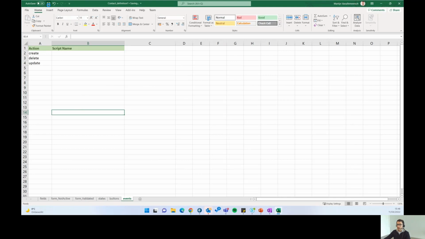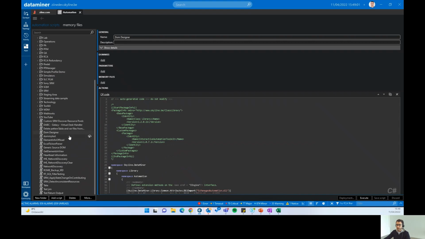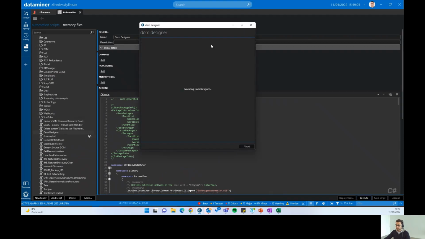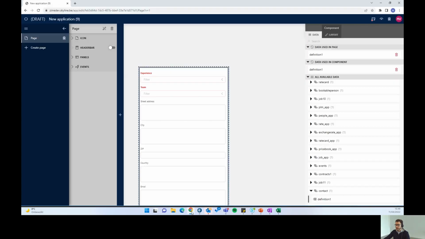So now I'm already done modeling it. I just save my object. If I then go to my Cube environment, here we defined a DOM designer automation script that I can execute. Here you just fill in the path to that Excel file. Just push the create button over here, and as soon as this runs,